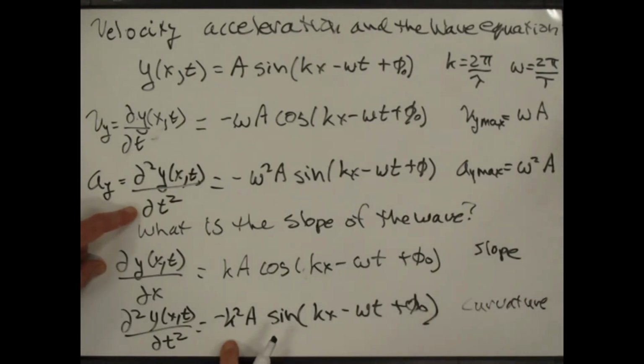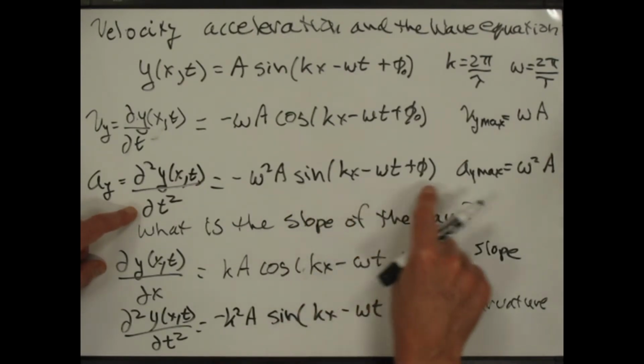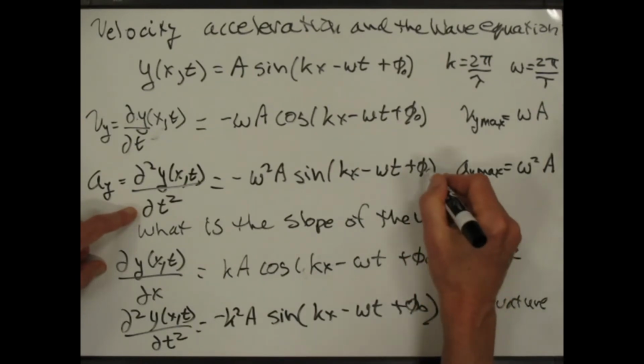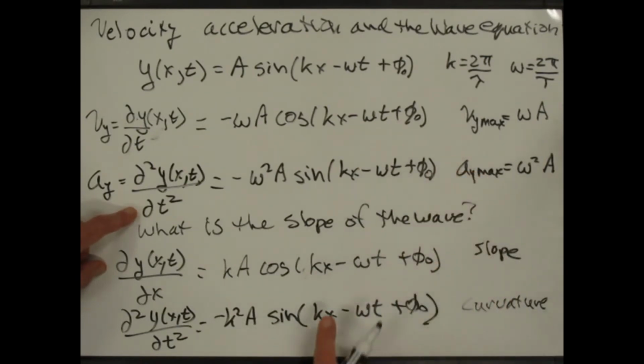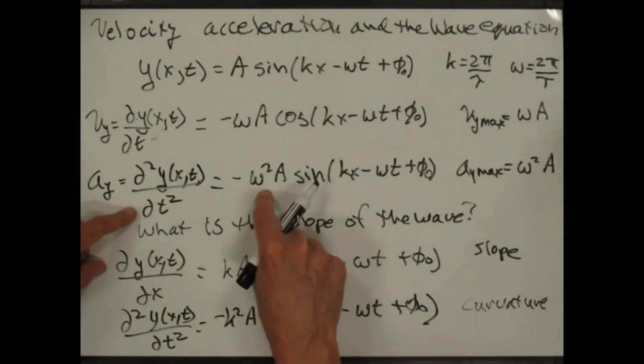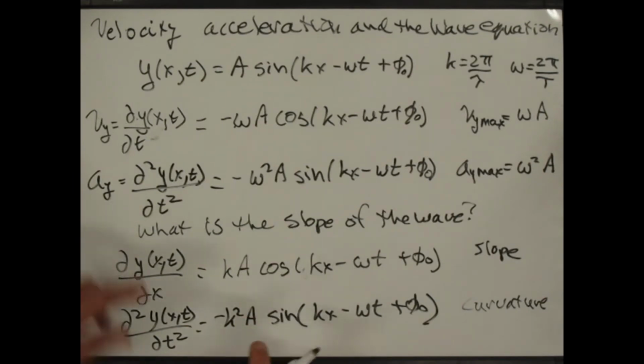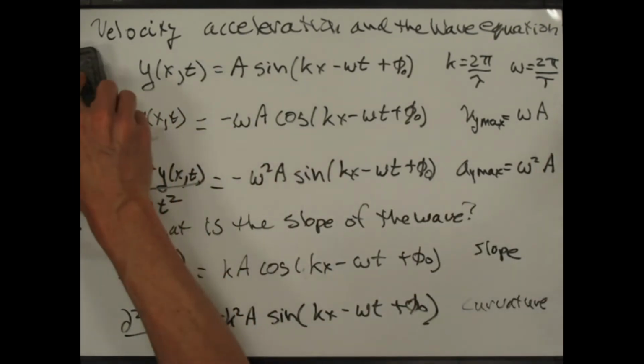If you look at these two, you can see they both have a sine of kx minus omega t plus phi naught, and they each have an A. The only thing that's different is this one's got an omega squared and this one's got an A squared. And so if I just do a little eraser work here,